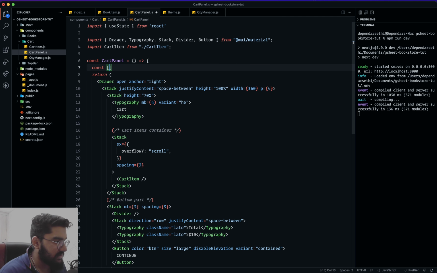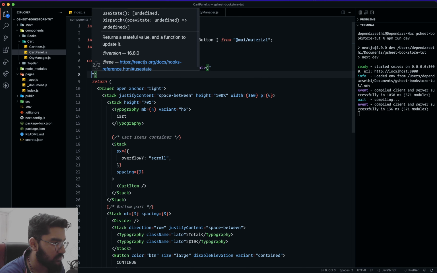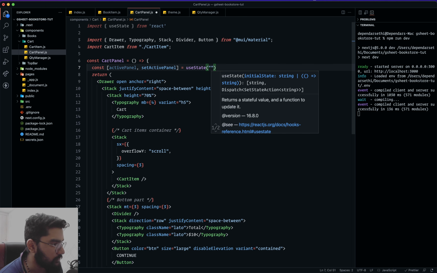Let's create the state. What should we call it? I guess it's a panel, so maybe like activePanel. Depending on that, we will be showing the respective panel, and the function to be setActivePanel. And for the default value,